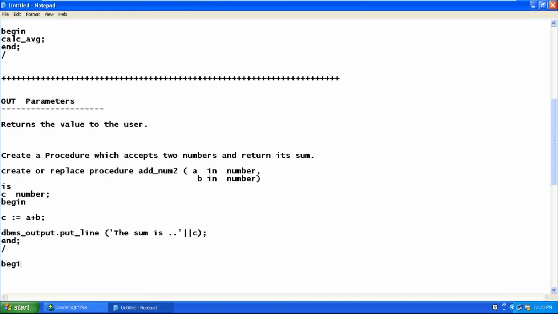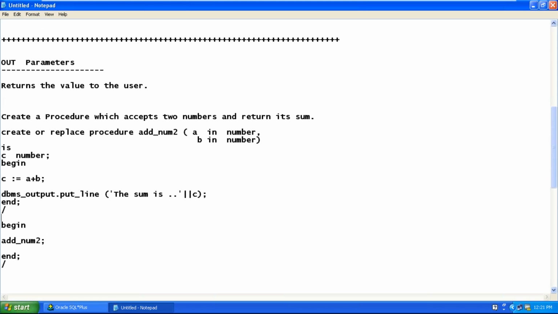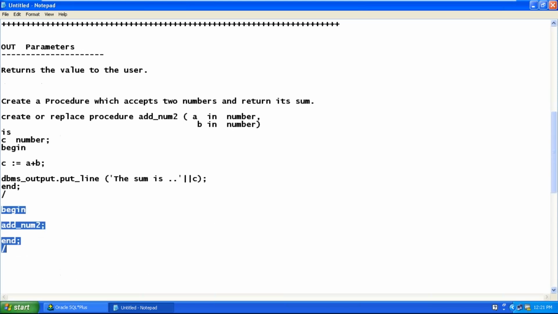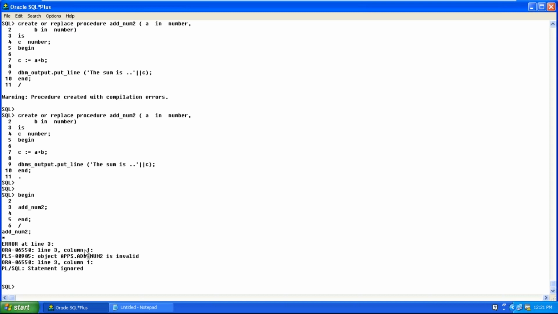Let's say, for example, you can see here begin, and right now the procedure is available, but it is compiled with errors. If you write add_num2, I'm invoking the procedure inside a begin and end. Look at this. Add_num is invalid.